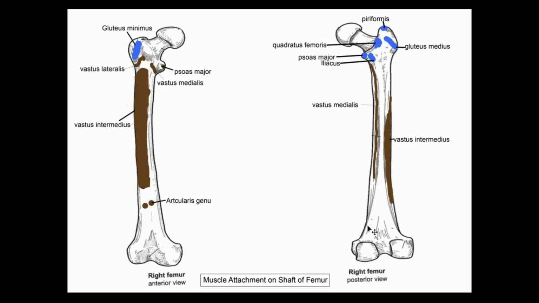So a total of 5 surfaces are present: anterior, medial, lateral, posterior, and the popliteal surface, right? From the anterior surface, there is the origin of vastus intermedius, and even from the lateral surface, vastus intermedius, right? And the vastus medialis originates from the lower part of the intertrochanteric line, which continues below the spiral line, then the medial lip of linea aspera, till the upper 2/3 part of the supracondylar line, right?